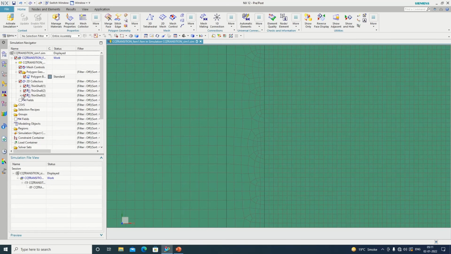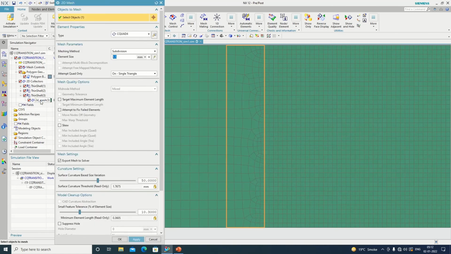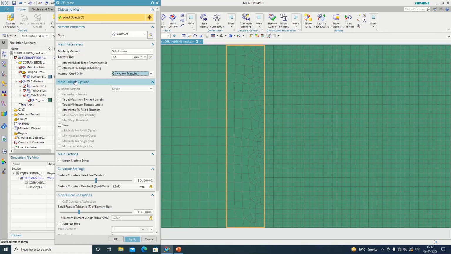If you want to adjust it, go to the 2D collector. Thin shell 3 is this one, and we can change the sizes here. When we turn off allow triangular, all the elements generated in this region should be CQUAD4 elements.